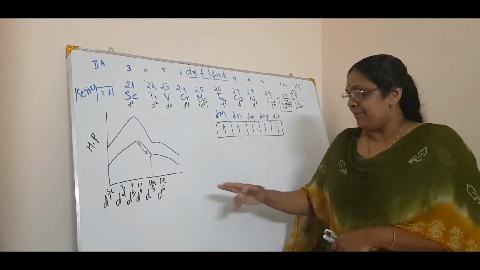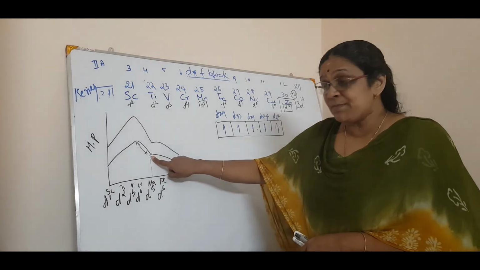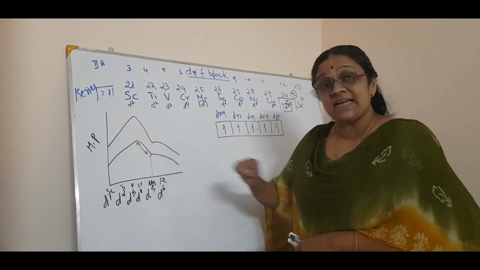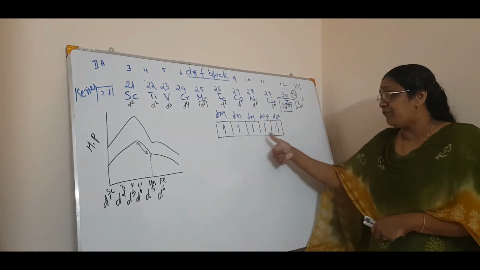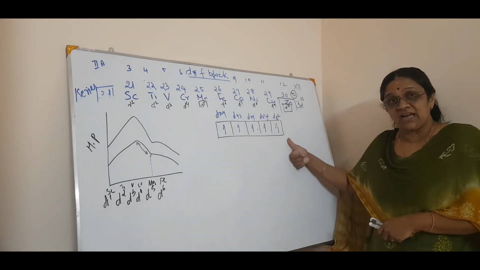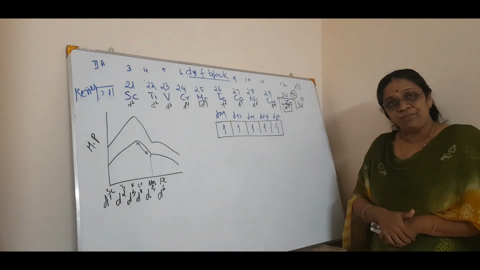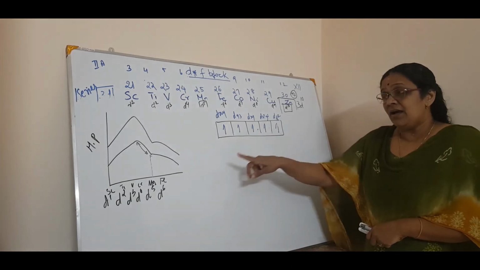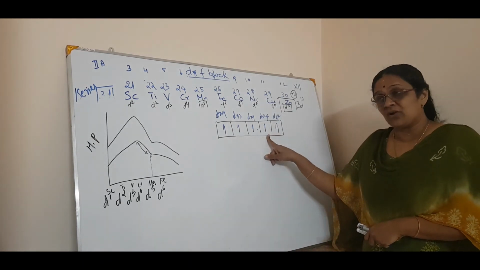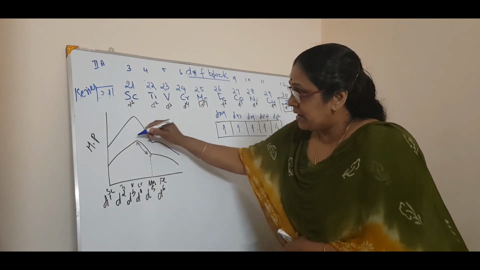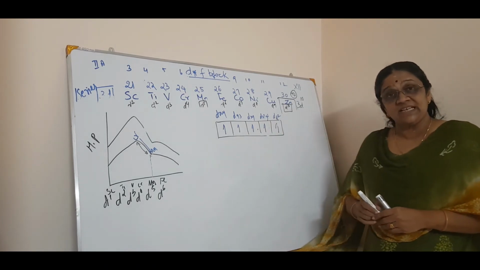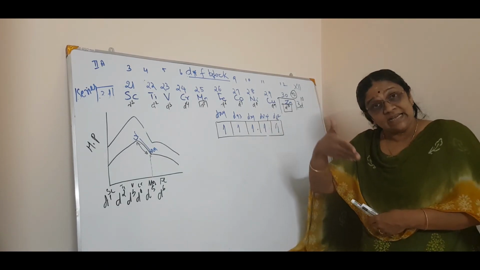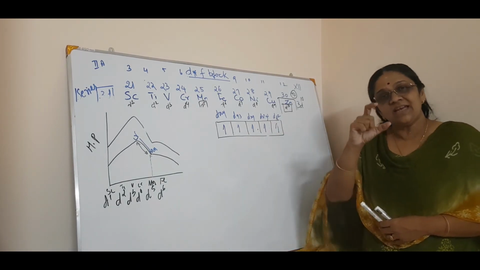Now, if you ask me why there is a fall at manganese, if theoretically manganese, having 5d unpaired electrons, should have the maximum melting point. Till chromium it rises, but after chromium, for manganese, there is a dip in the graph, which means the melting and boiling points decrease. Here the reason is